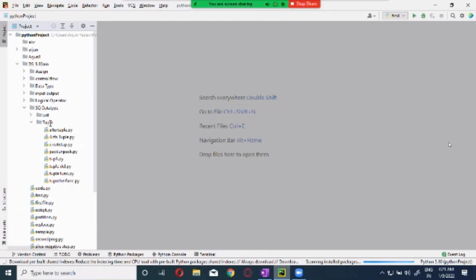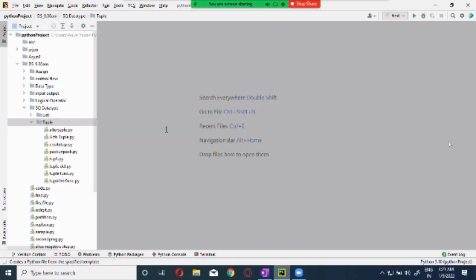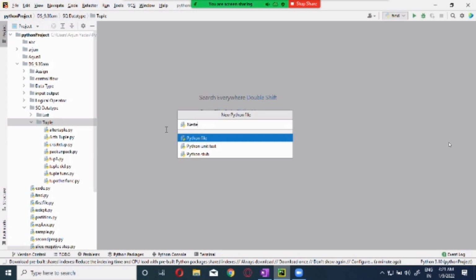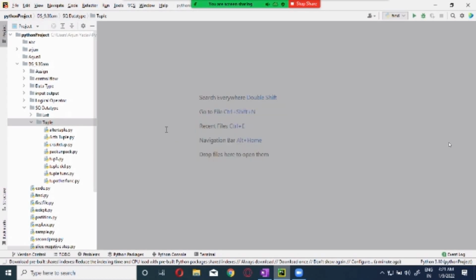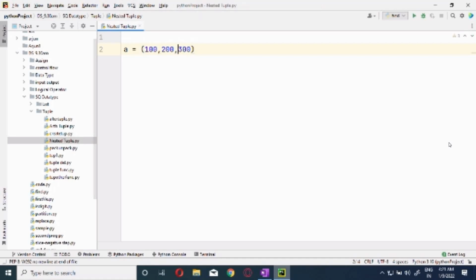Inside this, we are going to put it in a variable called nested tuple. Now you can have it 100, 200, 300 like this. Inside this, we can have one more tuple over here. No problem about that.